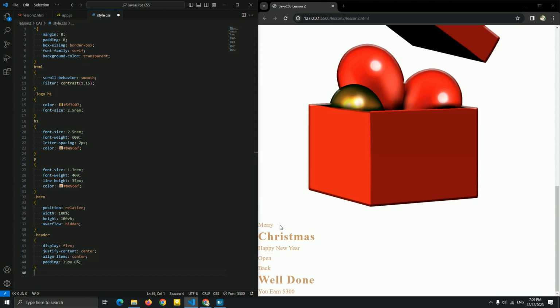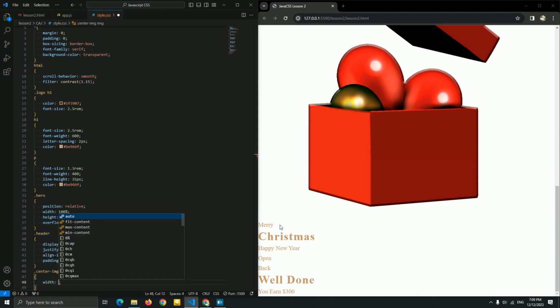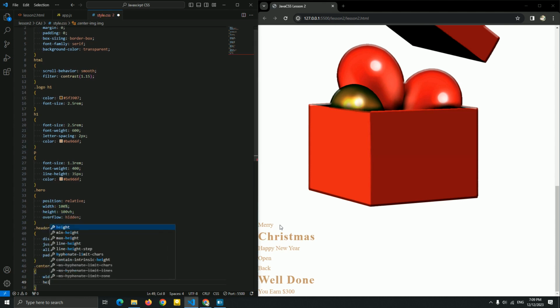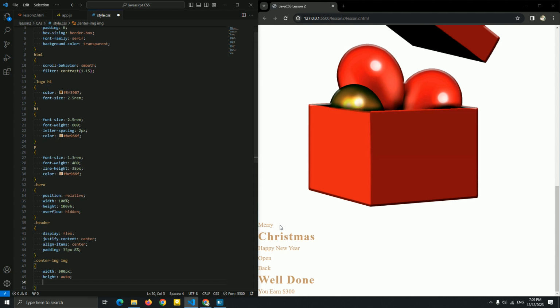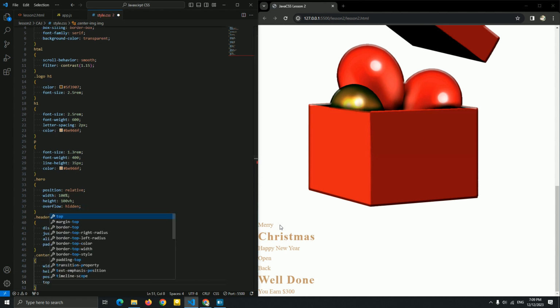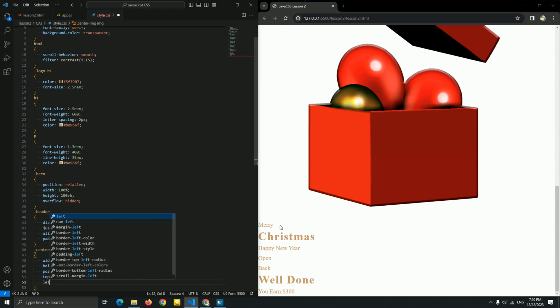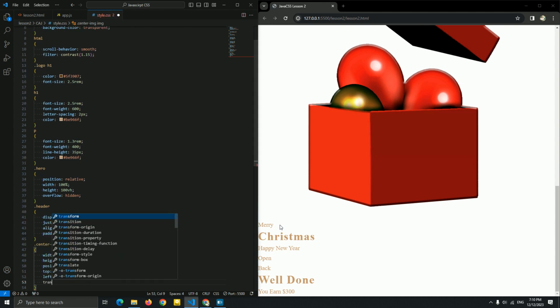Okay, let me start with the image. For the image, as I named it, center image, let me add width 500 pixels. Position absolute, top 50%, left 50% to be the center of this hero page.